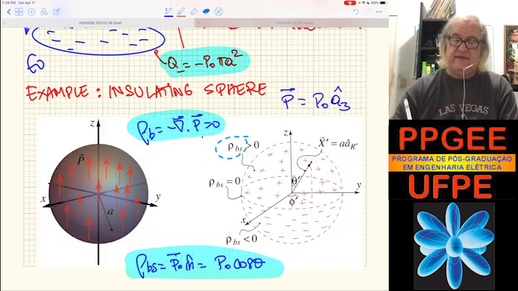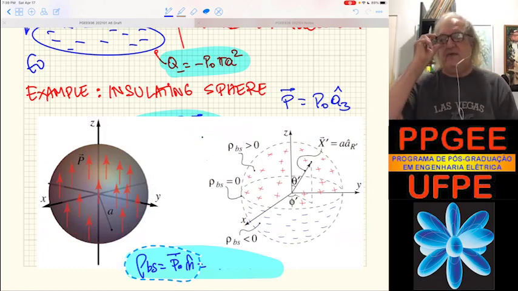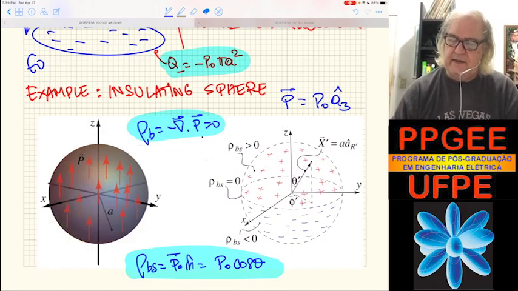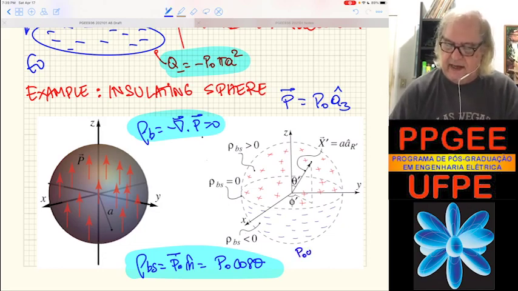So you see that we have this term here because the dot product between P and the normal direction outwards the volume is simply P0 AZ dot the normal, which is AR, and these vectors